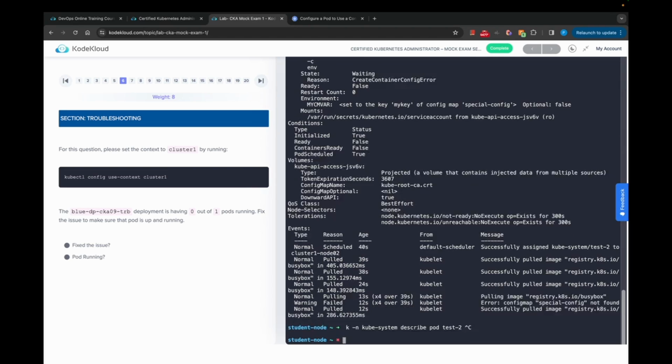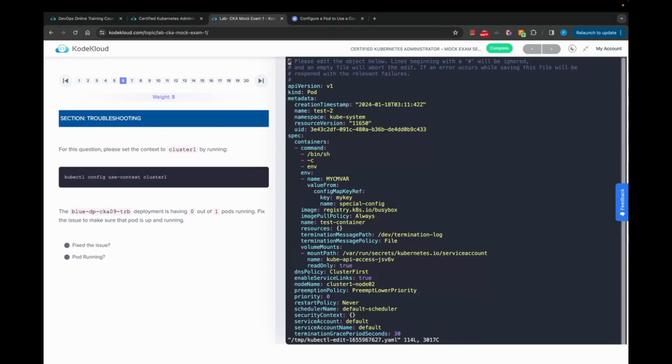Okay, test two. Yeah, or okay, test two. Oh no, kube-system edit. Test 2. All right, cool. And then where we mentioned the config map,